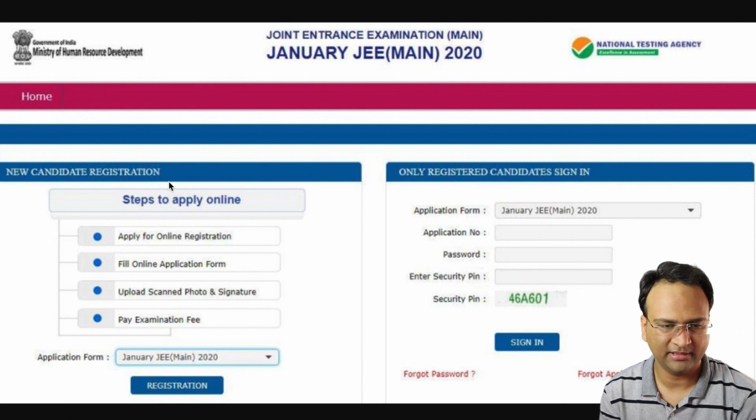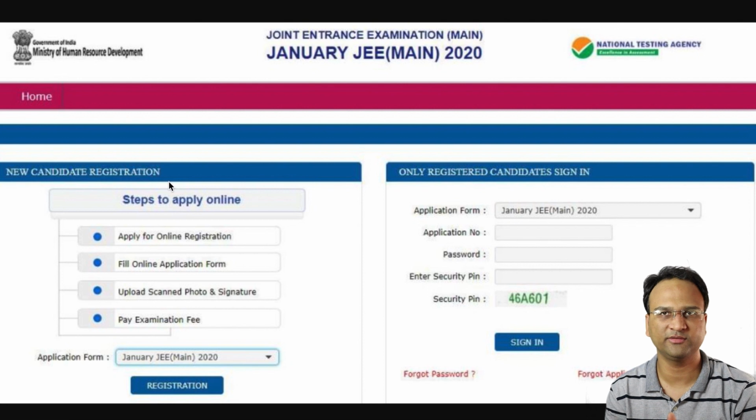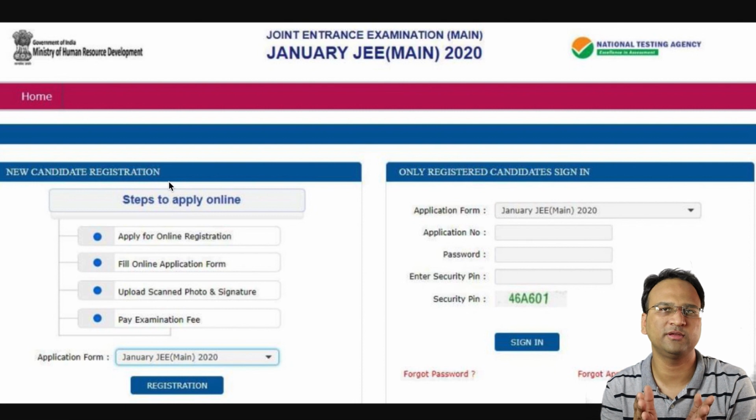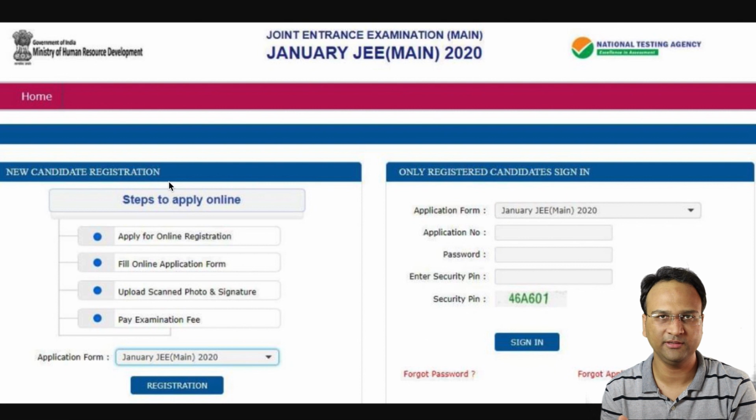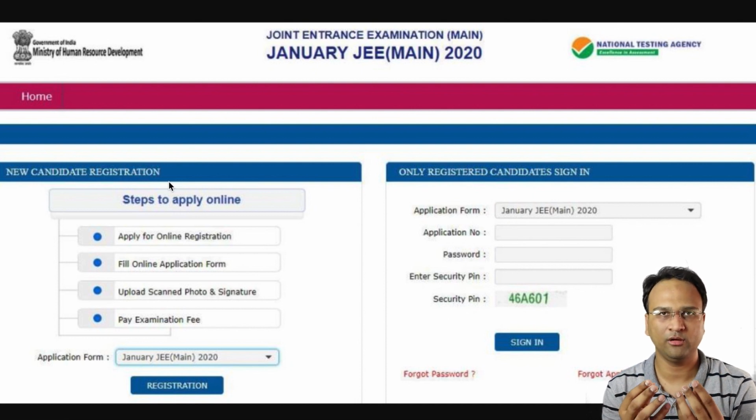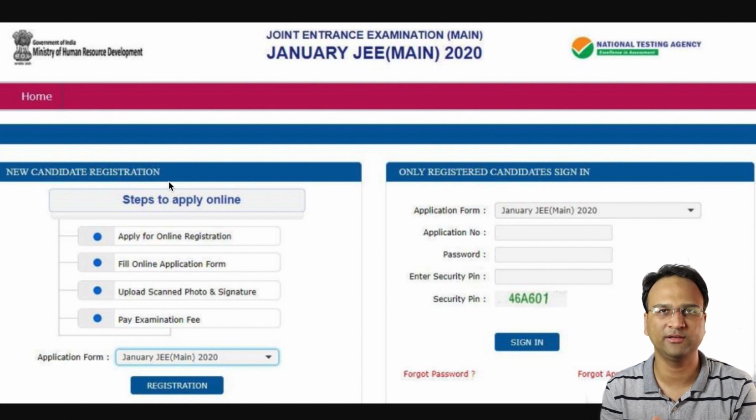Now, just to make it simple, let me just tell you that this process is quite simple. We just need to follow 4 simple steps. The first step is that you need to create your account on the JEE website. Second, you need to fill in the application form. Third step is going to be uploading your documents, and the final stage is making your fee payment. The moment we do these 4 simple steps, our registration for the JEE main examination is completed here. Okay, so now follow the screen instructions.